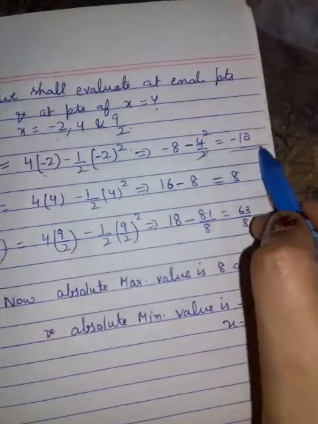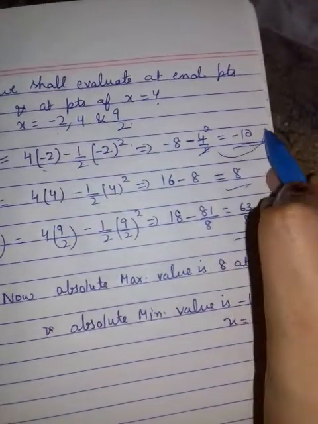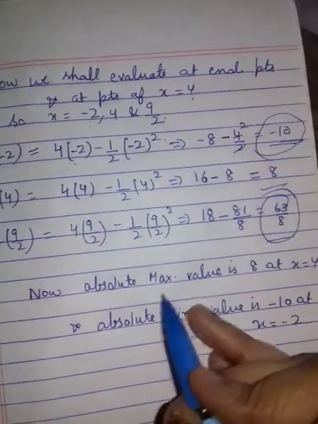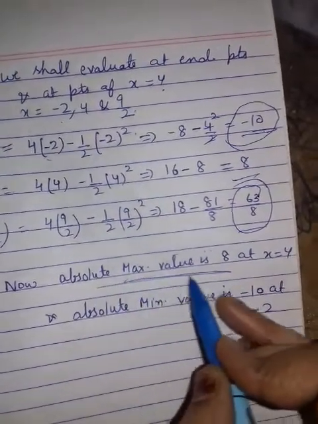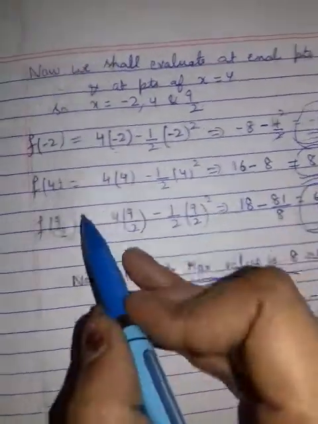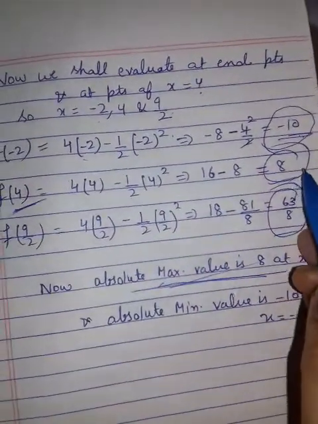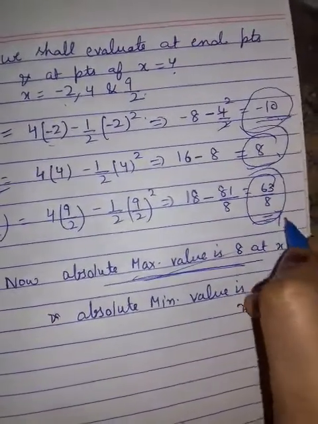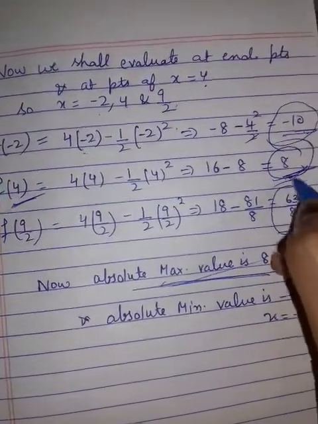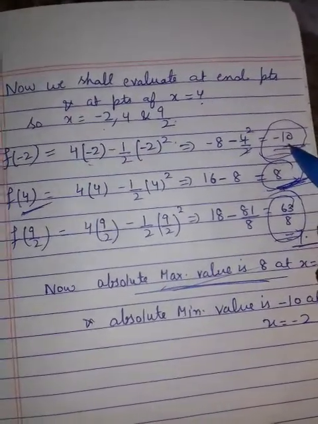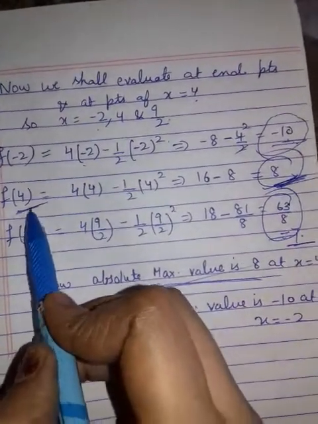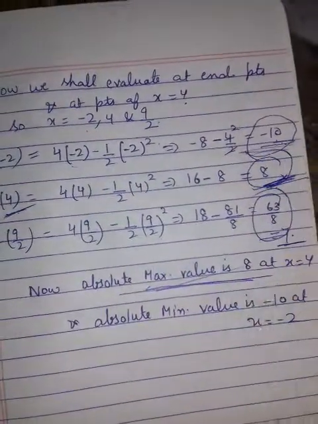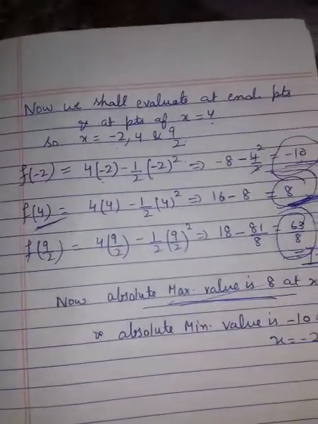After solving that, I got which is my maximum or minimum value. This is your absolute maximum value at the point. You know that what is maximum is maximum, and what is minimum is minimum. Some 7 point something is coming, so this is the maximum value and this is the minimum value. At point 4 this is the maximum, at point -2 this is your absolute minimum. I hope you are getting it.